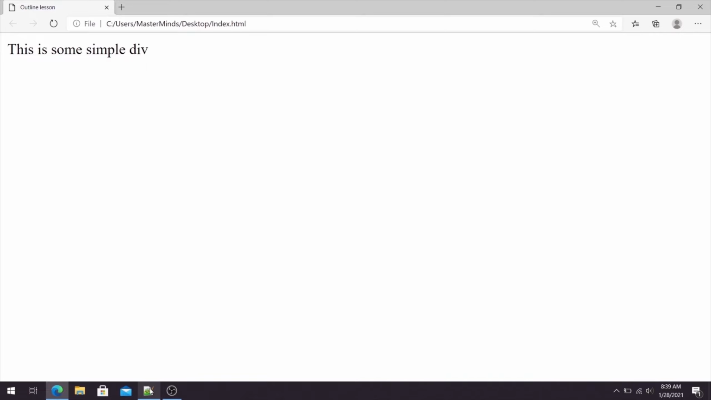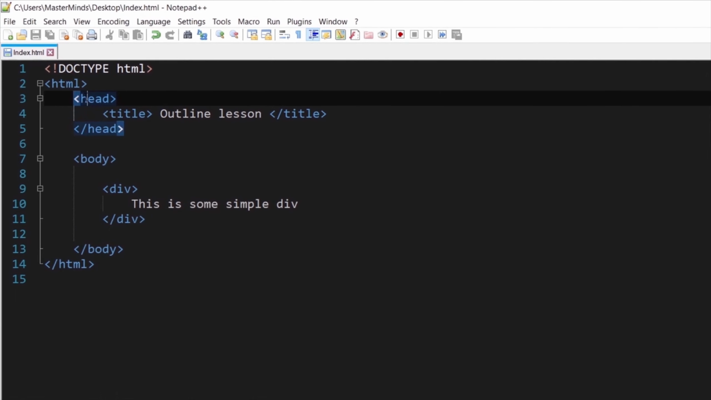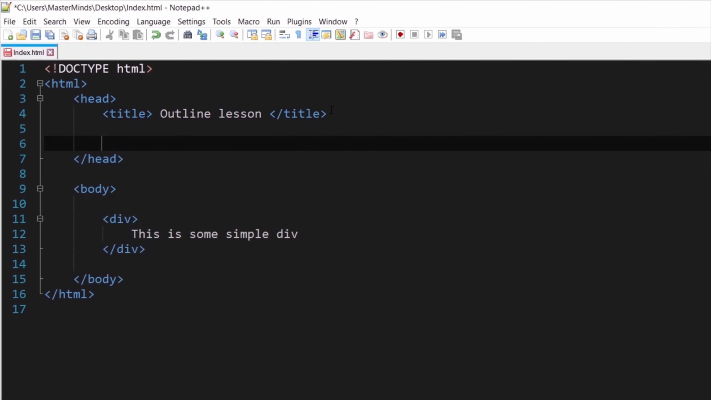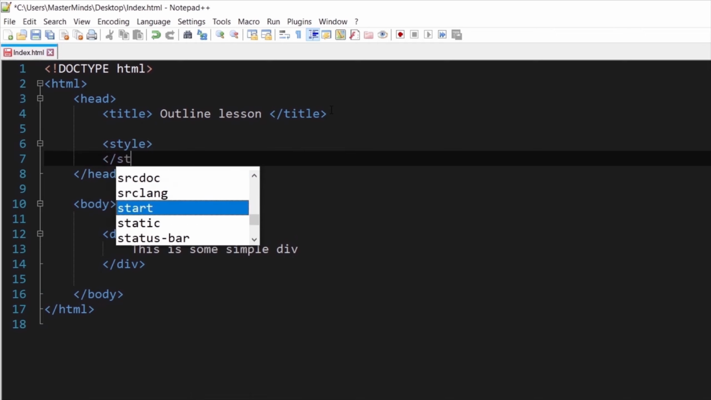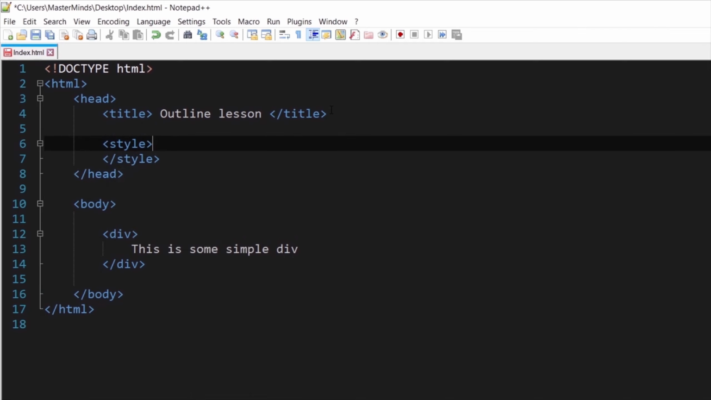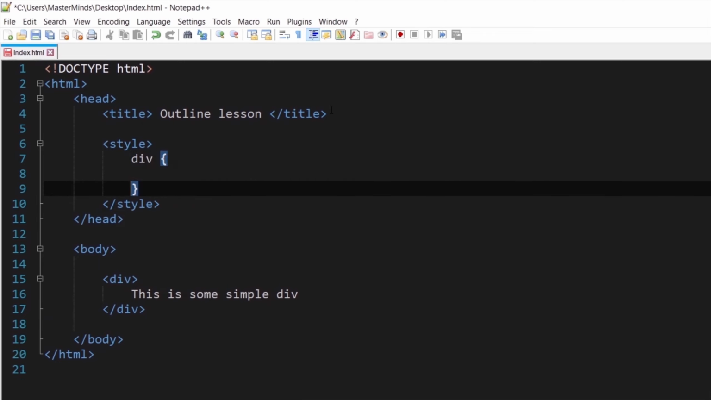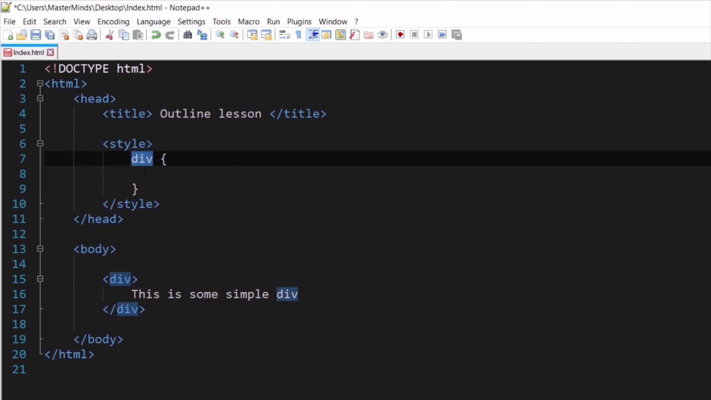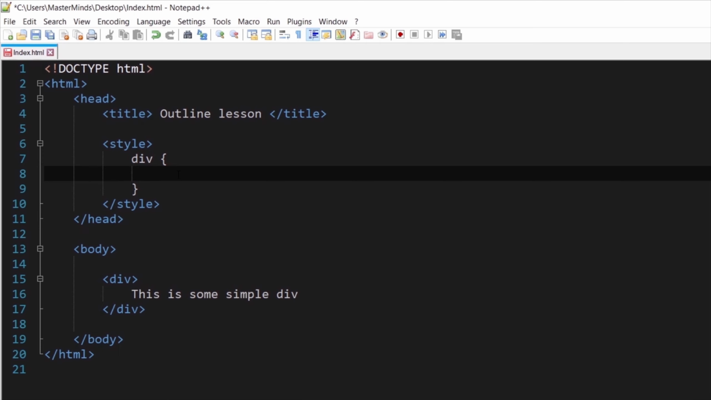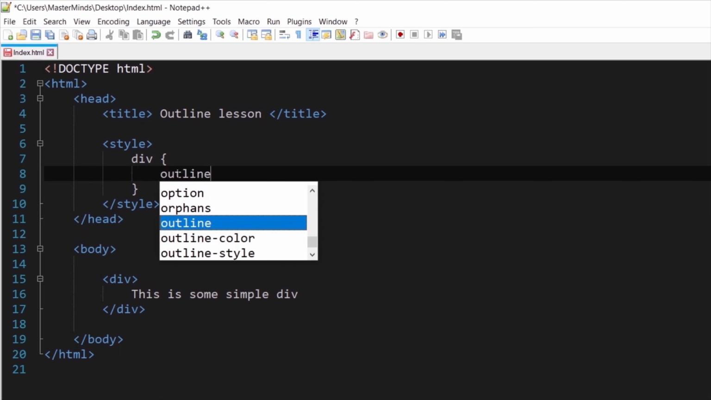Okay, so let's do that. So first thing, inside of our head, let's define style block, where we're gonna define all CSS styles for this HTML document. Inside the style block, let's define div selector with declaration block. So with the div selector, I will select our div from body. Okay. And as we said, for our div, I want to define outline width